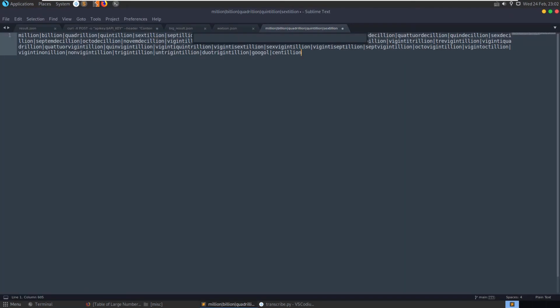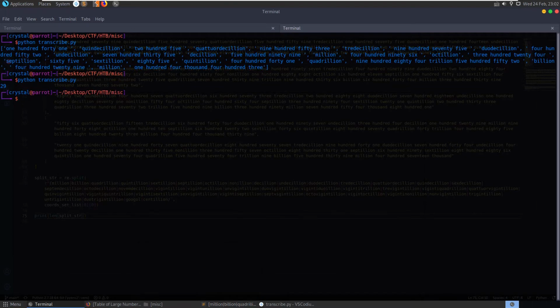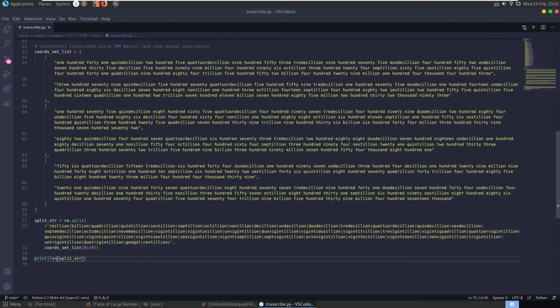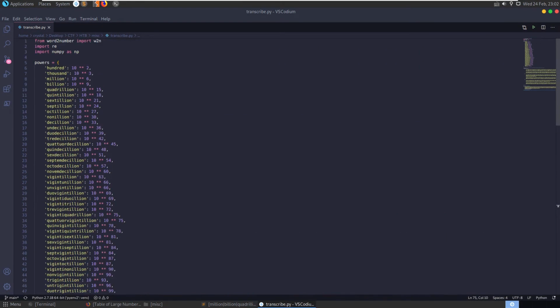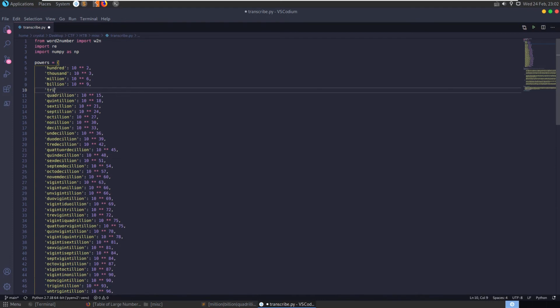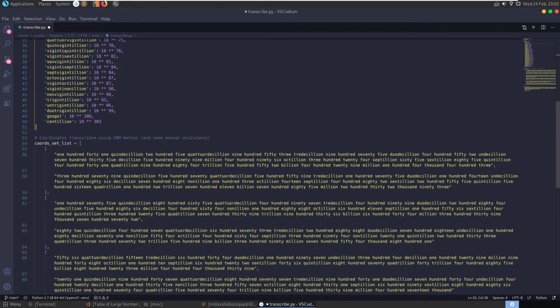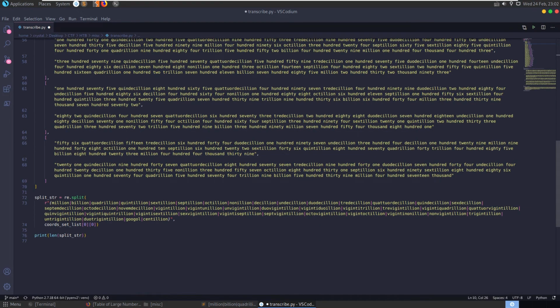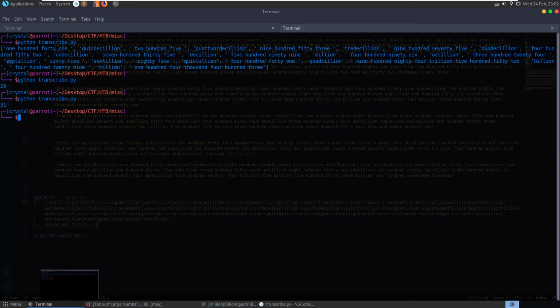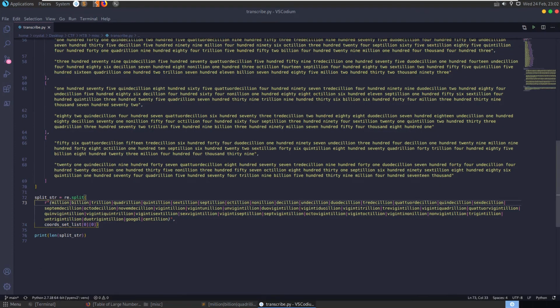So we can go back to our script here, and we want to add the trillion here. Trillion, 10 to the power of 12, and then we also want to make sure that the regex is looking for trillion as well. So just add in trillion here. And if we run that again, we now have 31, which is awesome. The issue here now is that we're going to be left with a